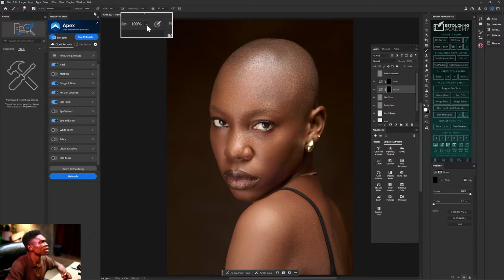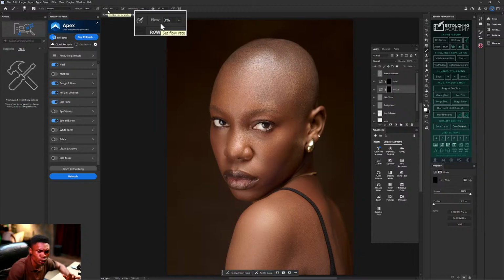See my brush settings. Opacity is at 100, flow is at 30. Let me explain the difference between flow and opacity, so that as we go further, we will have better understanding for future use. Flow is how many times you need to stroke your brush to get a certain level of opacity.